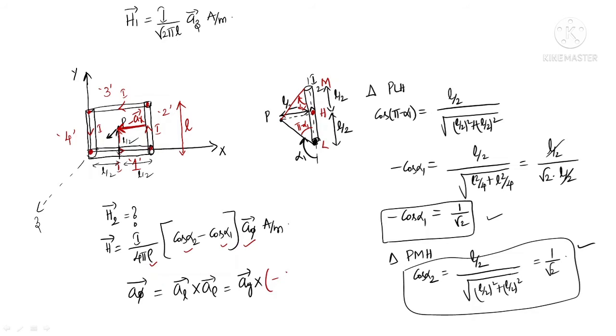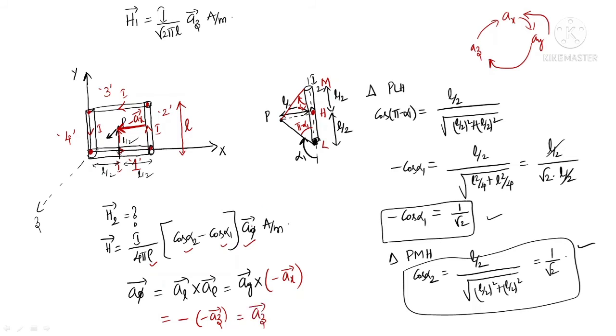So AY bar cross minus AX bar. Now what is AY bar cross minus AX bar? For AX, AY, AZ, when you are moving in clockwise direction, you will get positive unit vectors. When you are moving in anti-clockwise direction, you will get negative unit vectors. This is a blind rule. Now keep minus as it is. AY bar cross AX bar: I am moving in reverse direction, so I will get negative. So you will get minus AZ bar. Minus of minus is plus, so the direction is AZ bar again.